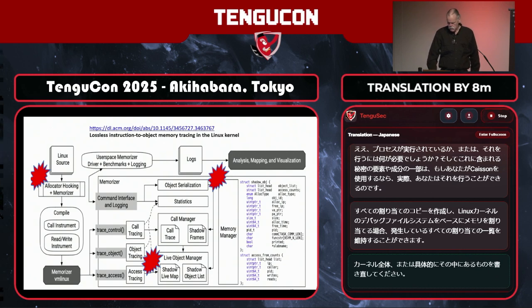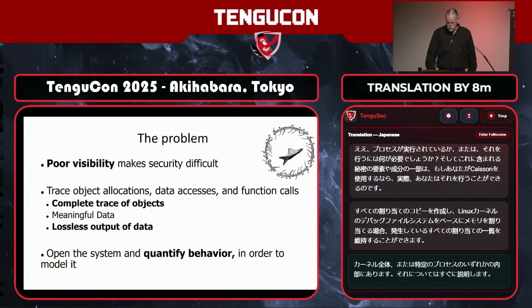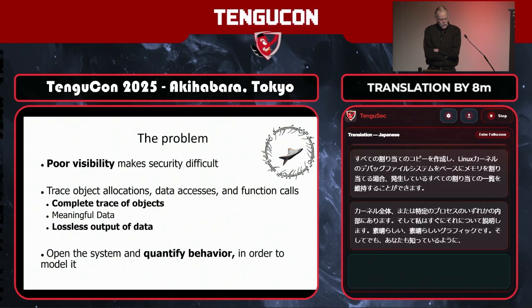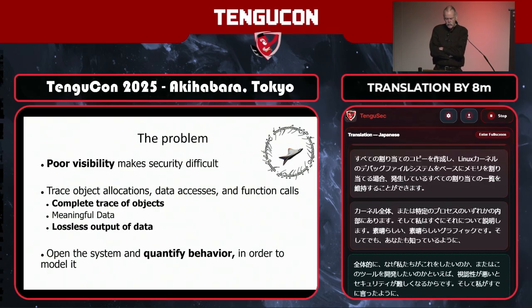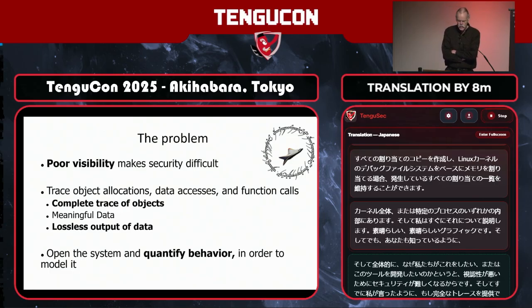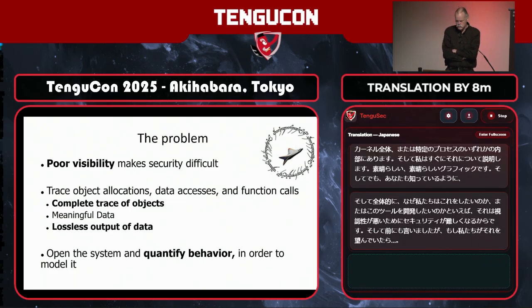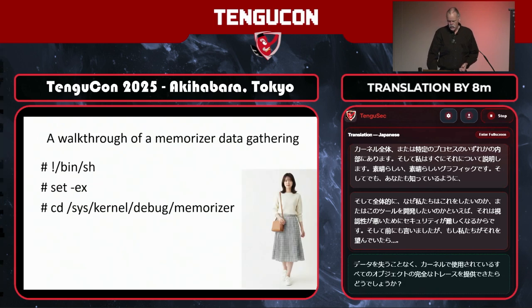So, nice graphic. Overall, why we wanted to engineer this tool is that poor visibility makes security difficult. And like I already said, what if we could provide a complete trace of all of the objects that are used in the kernel without losing any of that data? And then what could you do if you had a list of those objects? Well,